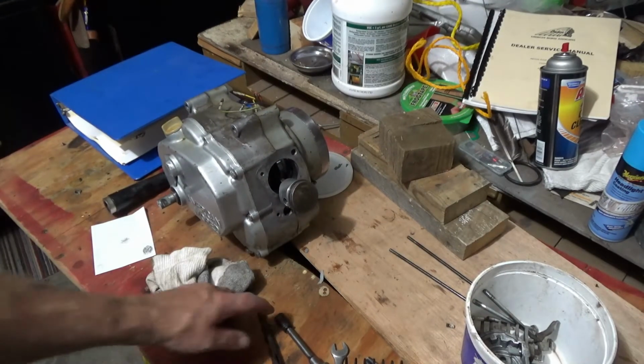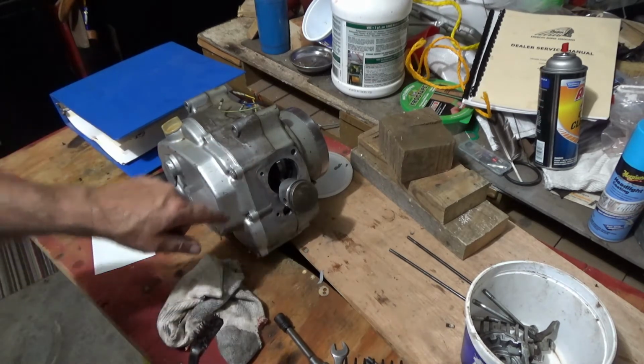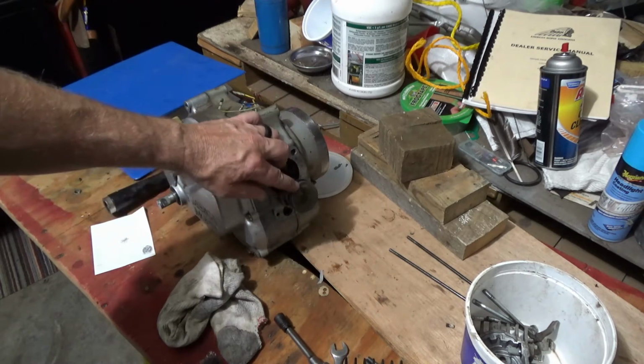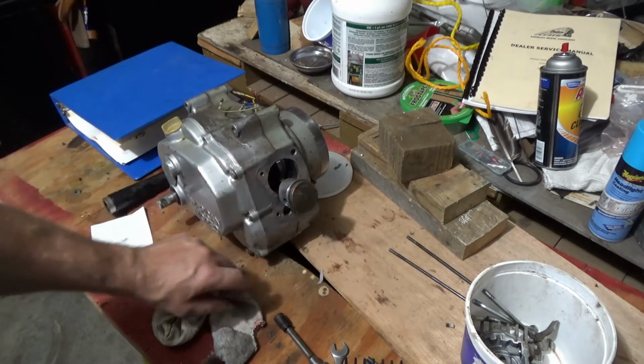I took a wire brush and cleaned up this gasket surface here, and then I took a gasket scraper as well and scraped it, and then I wire brushed the top of this piston. There's a little arrow that points up. I just wanted to make sure I knew which way that went because I've seen that on that. Okay,